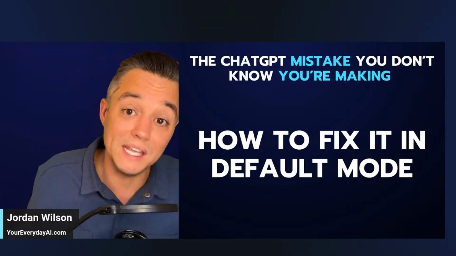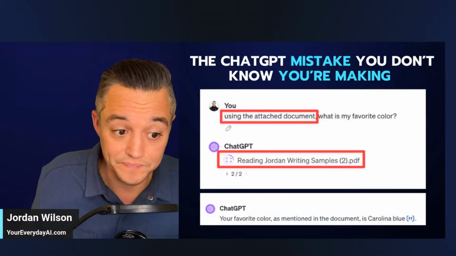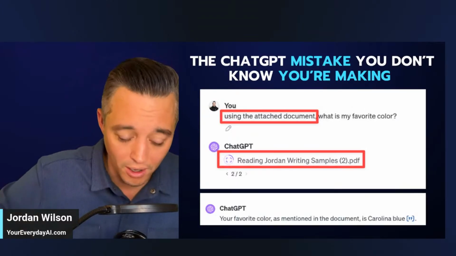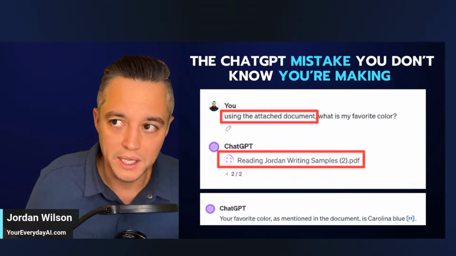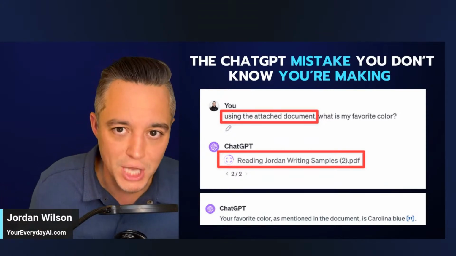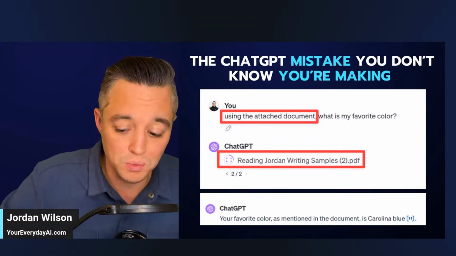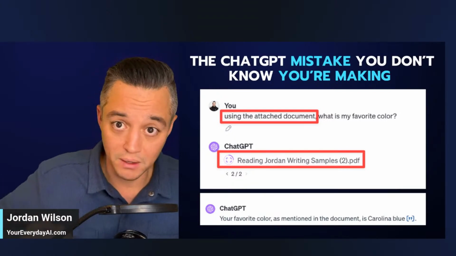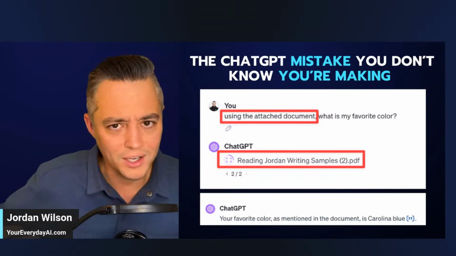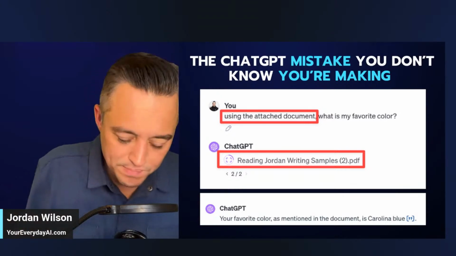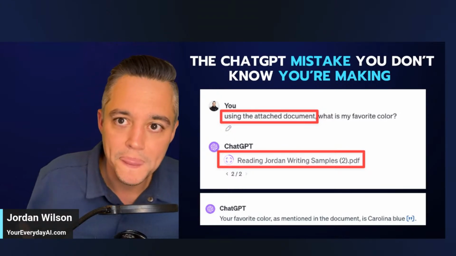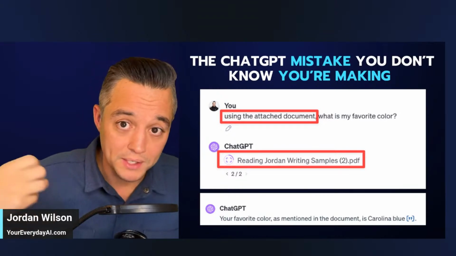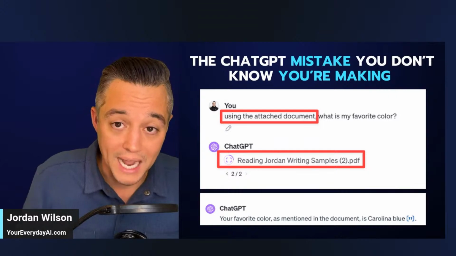So the fix in default mode is actually extremely easy. All you have to do is make a call. So what that means is sometimes you need to point ChatGPT in the right direction or tell it to reference something. Yes, it is always best to work with a large language model like a new employee that you're training and talk to it like a person. So you don't have to speak in fancy prompts, but a lot of times, especially in this scenario, when you're working in the default mode and you want to tap into knowledge from a document that you uploaded,